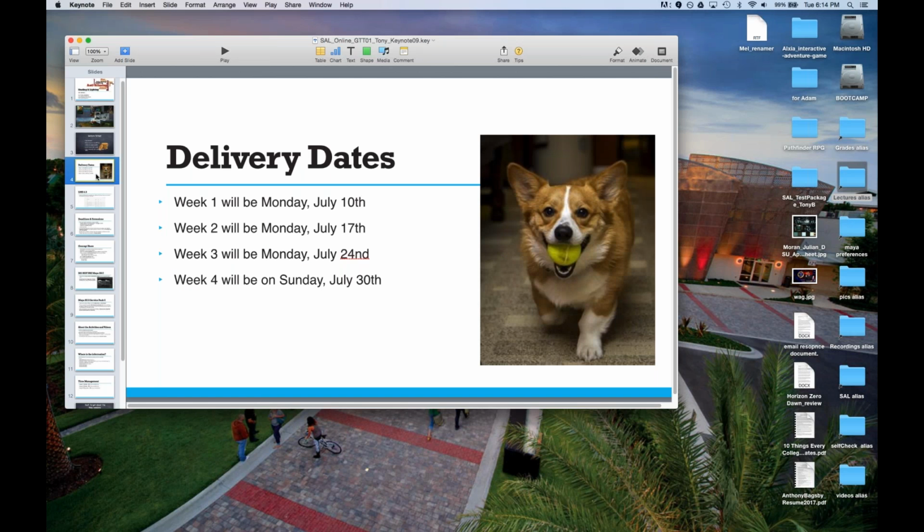So, due dates, pay attention. For the most part, all your assignments are going to be due on Monday with the exception of week 4. Week 4 is actually due on Sunday. That is because the class closes, and with the new FSO, we actually can't have anything open past that day. So, your assignments are due then. They're August. I didn't change the dates.